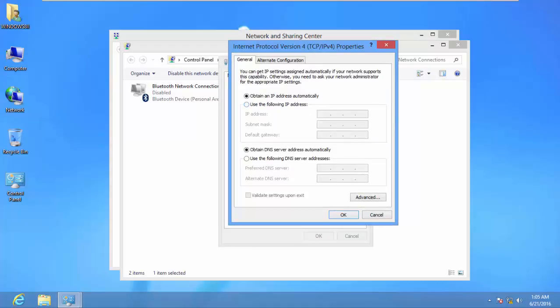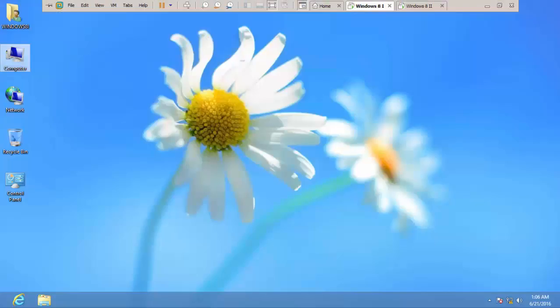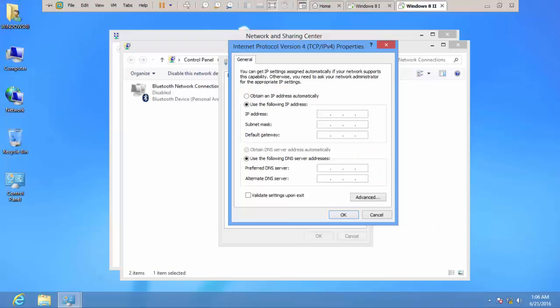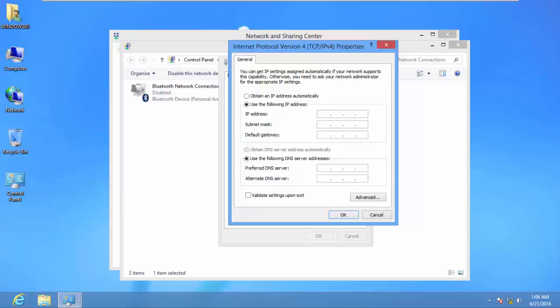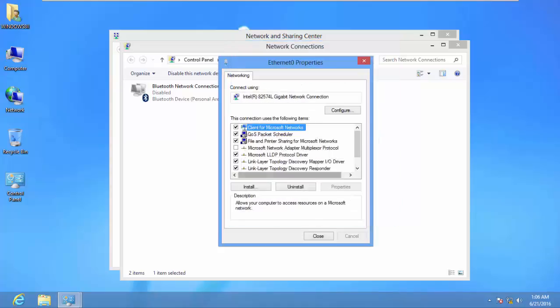and I'll click on use the following IP addresses, and then I'll enter my TCP/IP version 4 address with the same network ID as the address we gave to our previous machine. Okay, so I'll enter 192.168.0.2 because we gave 192.168.0.1 to the previous machine. So if you repeat it over here, it's going to cause an IP conflict. Okay, so I'll click OK here, and then click close,